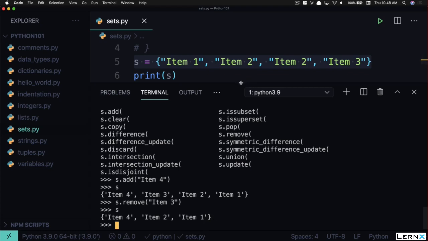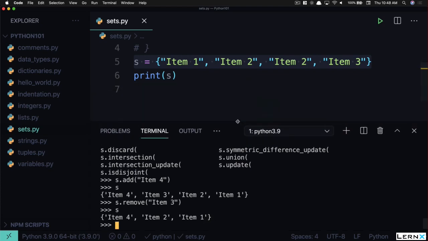Now, I would like you to give this a shot because I feel like not enough people use sets, especially for uniqueness. And the nice thing about this is eventually you can turn a list into a set to make it completely unique. That's called typecasting. We'll talk about that a little bit down the road.